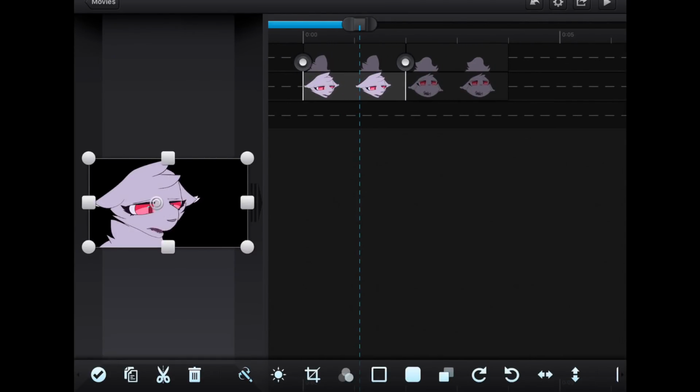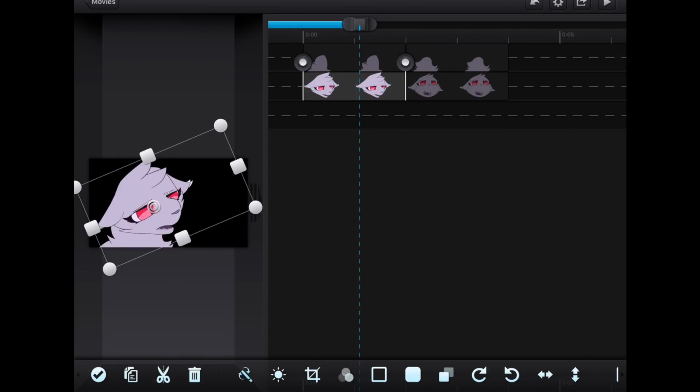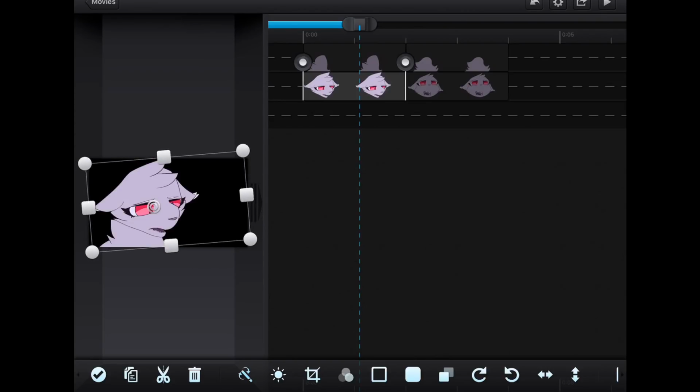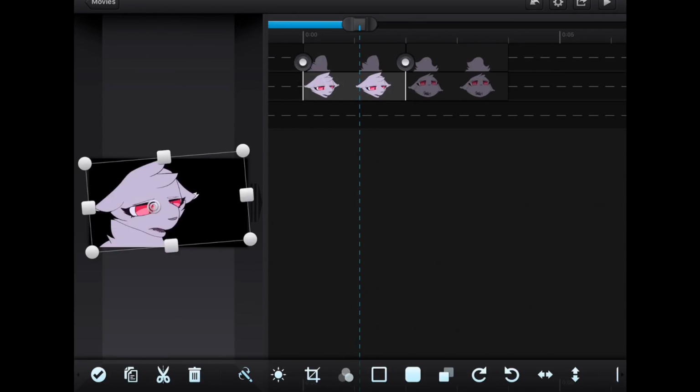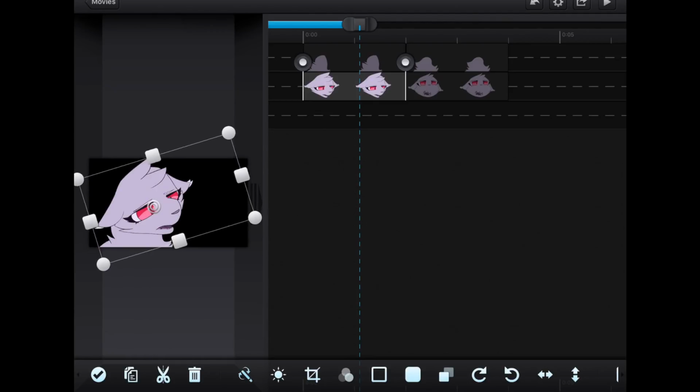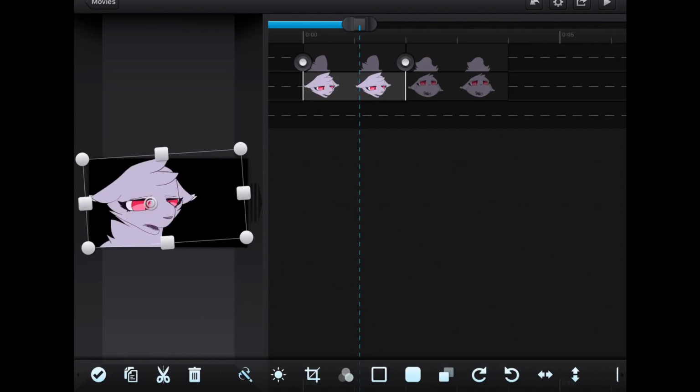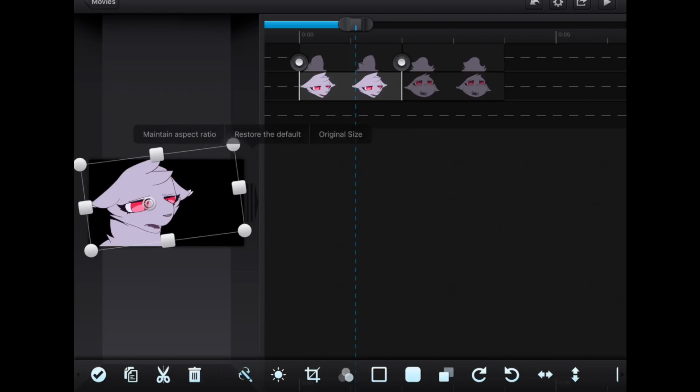And then this little button in the center, that lets you set the focal point, kind of what you're doing. So if I put that there, it'll rotate from the middle of the head, but if I put it up here, it'll work around that. So, next thing that you're going to do after you find a good spot for that,